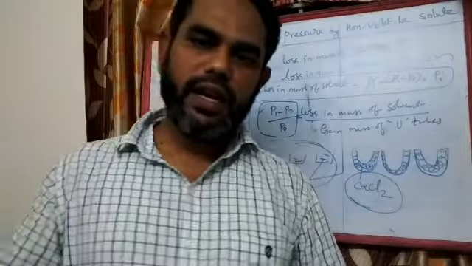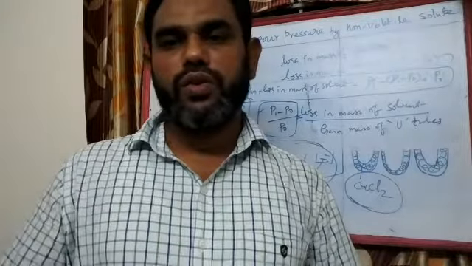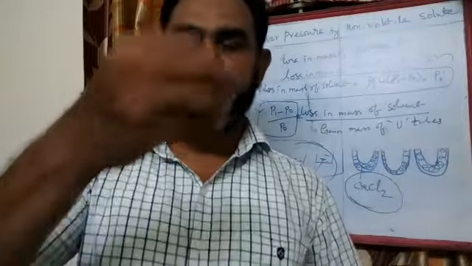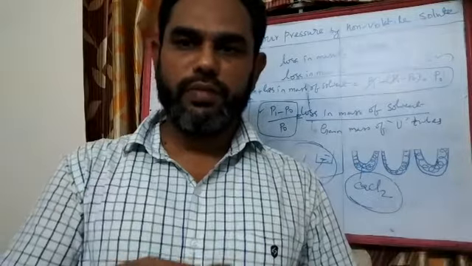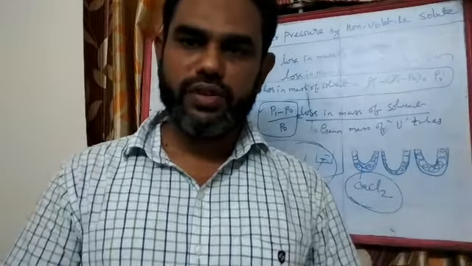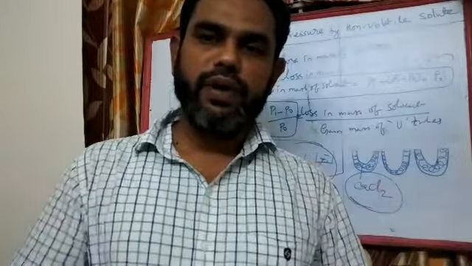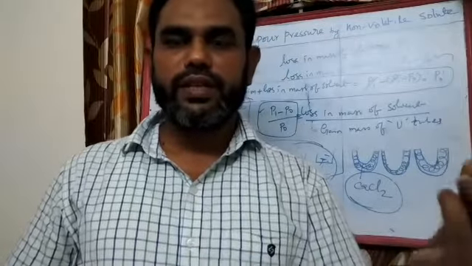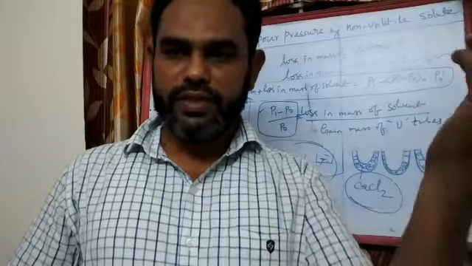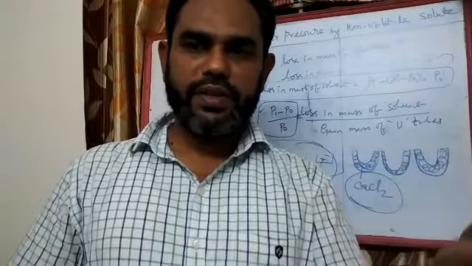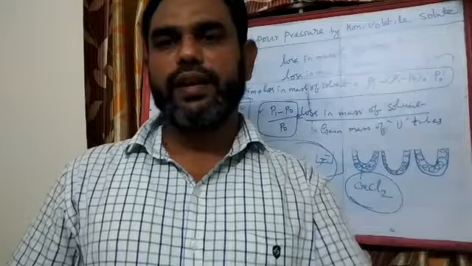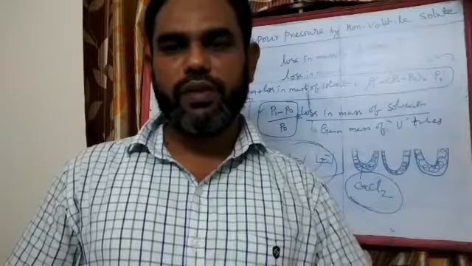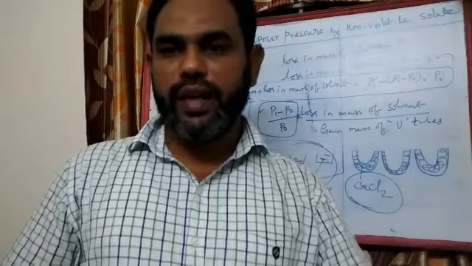Now we are allowing the dry air to pass through the solution compartment. The dry air takes up the vapor from the solution compartment, so there will be a loss in the solution chambers. Then the dry air passes through the solvent, where it once again takes up some vapor, because the solvent vapor pressure will be greater. So the remaining vapor is absorbed by the dry air and it passes through the U tube. Then the U tube absorbs all the water vapors, and the U tube gains weight.